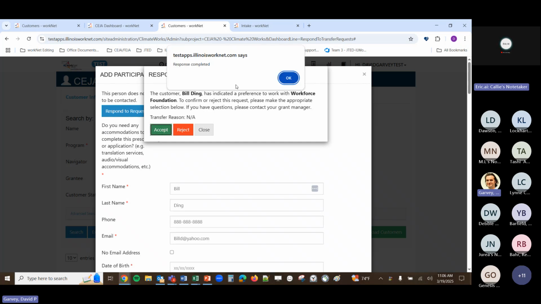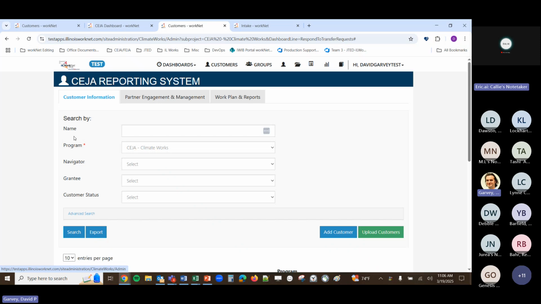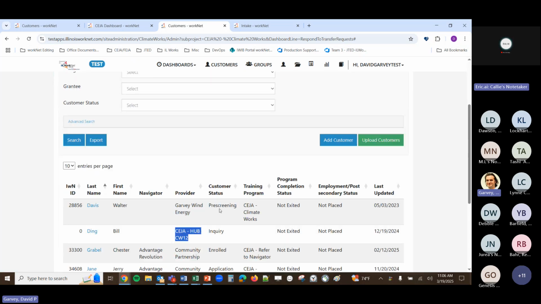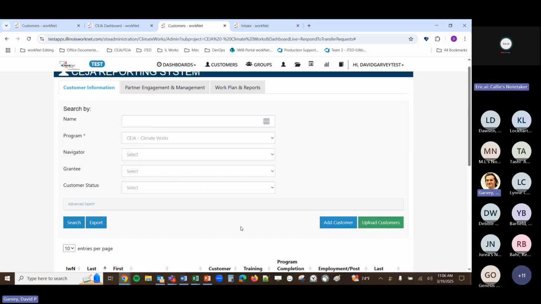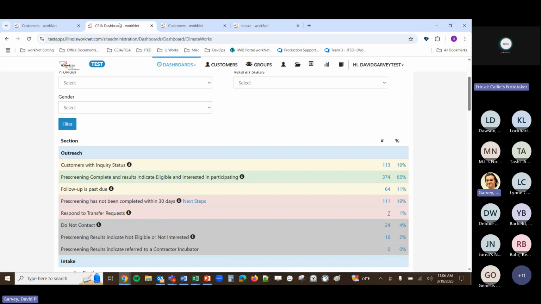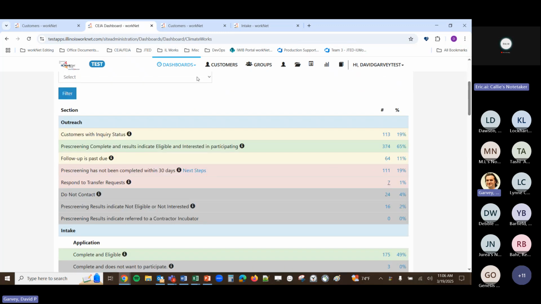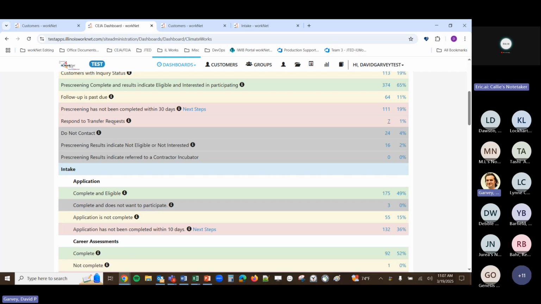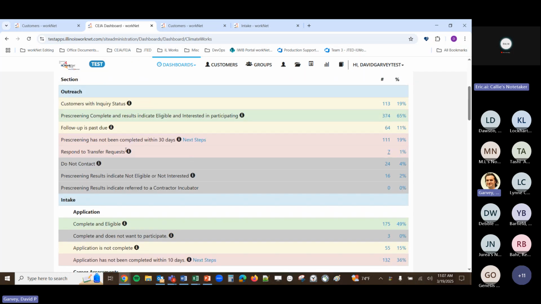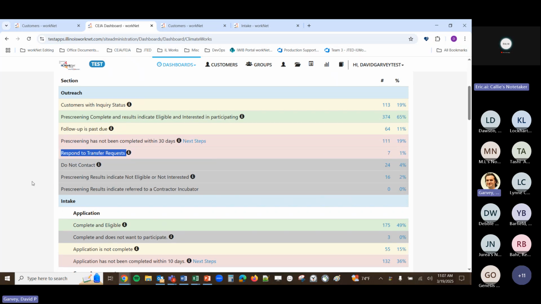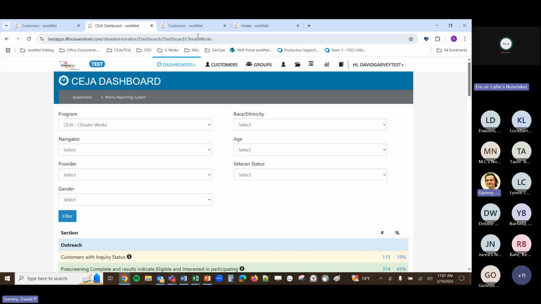So I just wanted to remind and point out, I know it's been a while since we've talked about the inquiry transfer requests, but as you're checking the dashboard on a regular basis, keep in mind this row here for any transfer requests that your organization might receive.